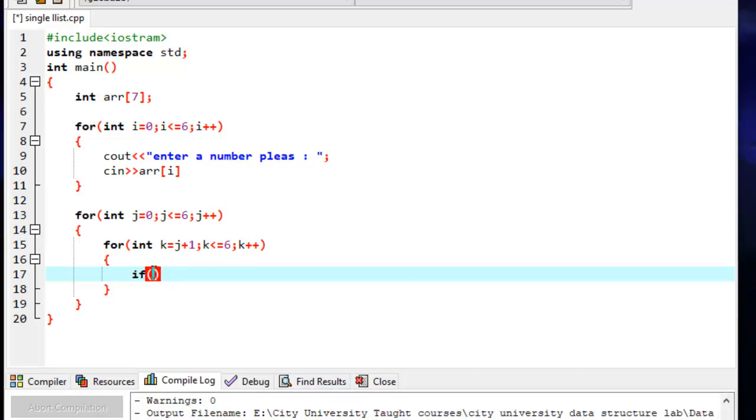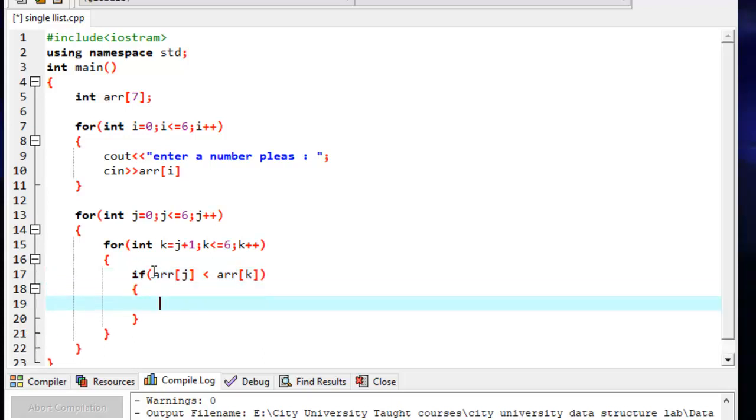Inside this we will check the condition: if array of j is less than array of k, then I will swap the values.